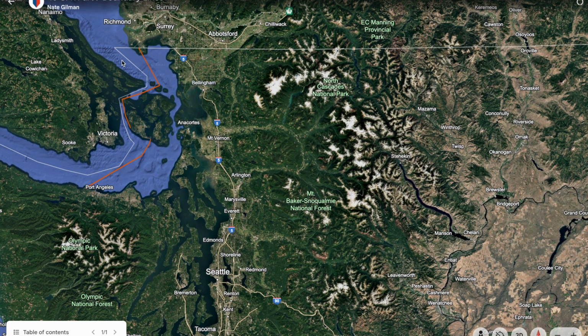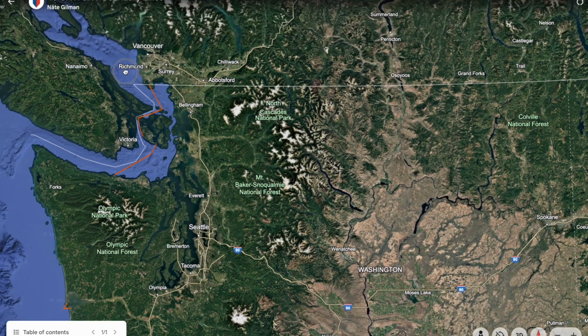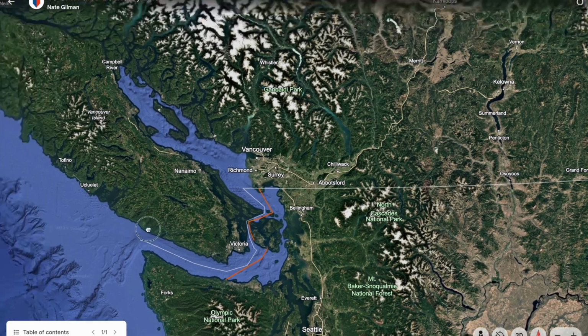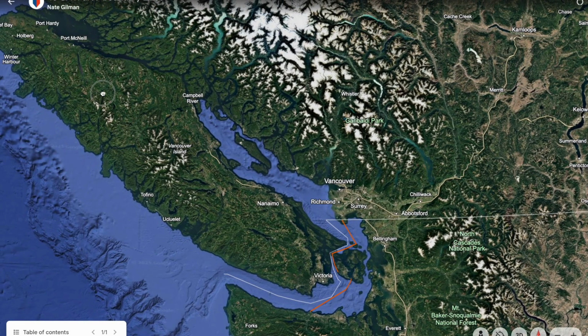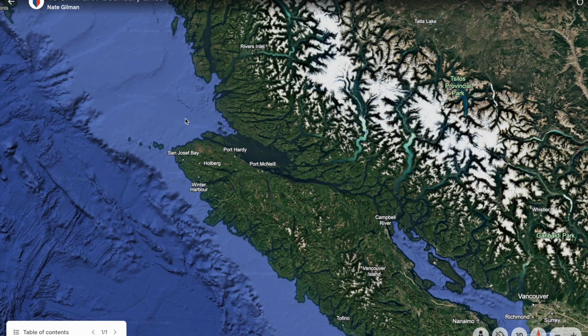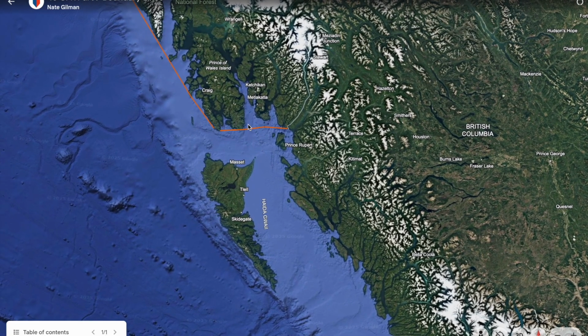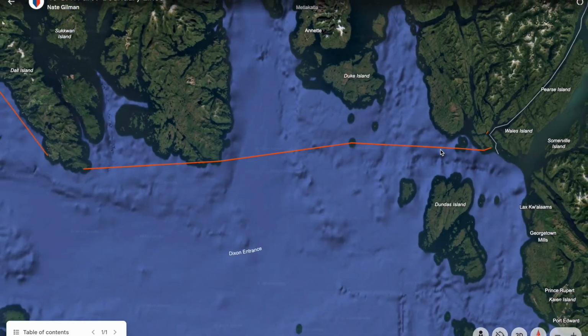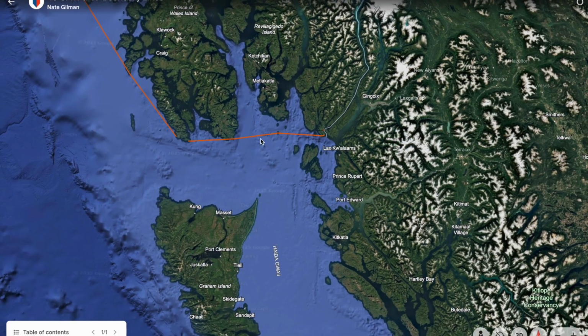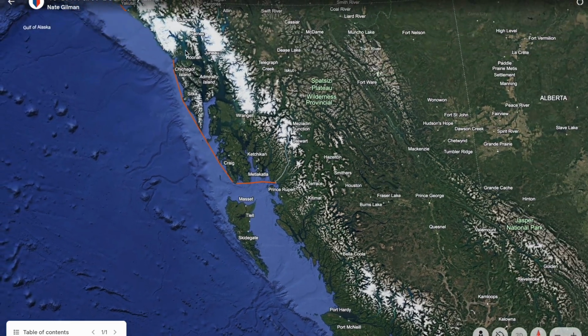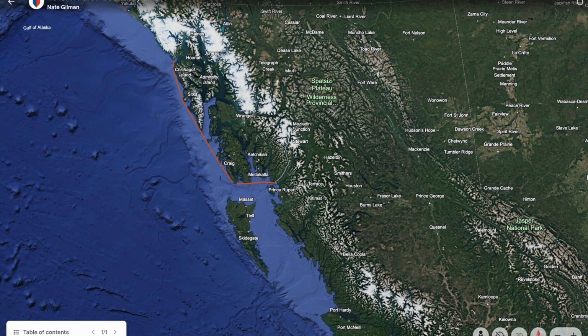But here, the second you hit the Canadian side of the Inside Passage, we are all into near coastal waters, right? So coming across, all offshore, inside and outside of Vancouver Island is all near coastal. We don't control it, so it's Canadian waters that are near coastal. And then the second we hit this line again, this is the edge for the Inside Passage of inland waters. So this whole part of the inland waters that everyone thinks of as being near coastal is inland, right? So check this out. All the way up, the entire Inside Passage is going to be inland waters.